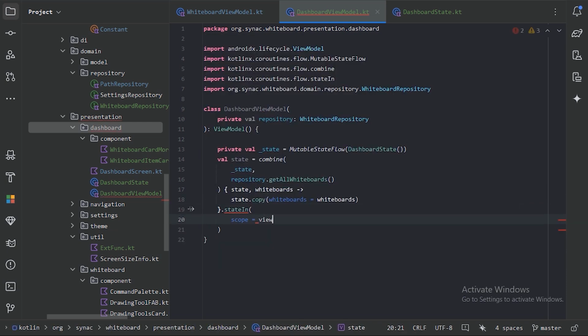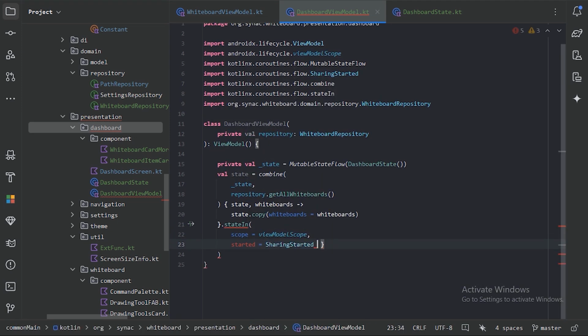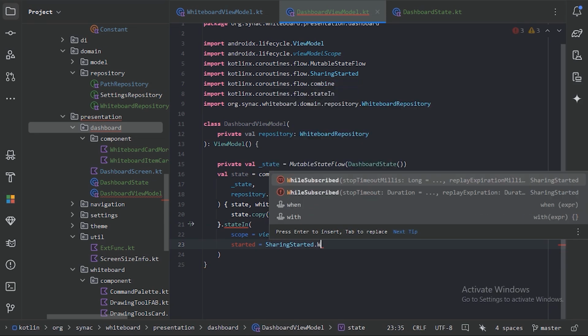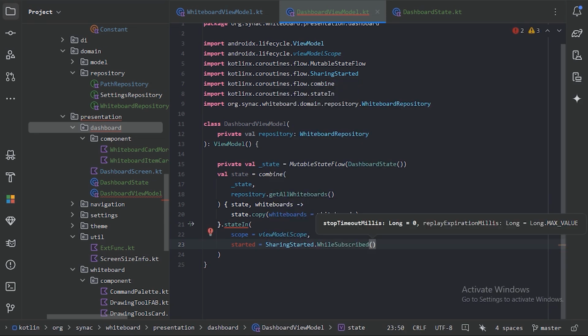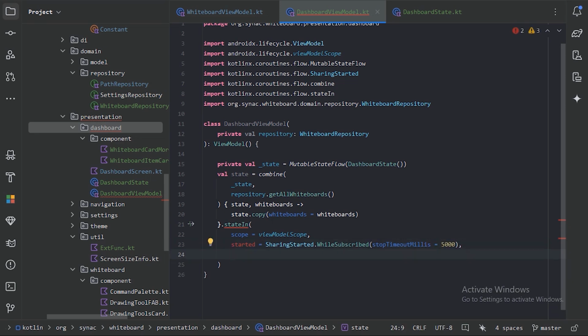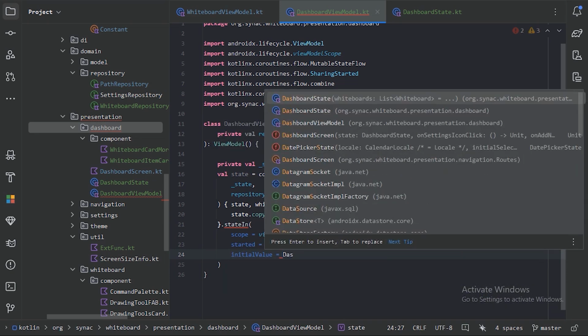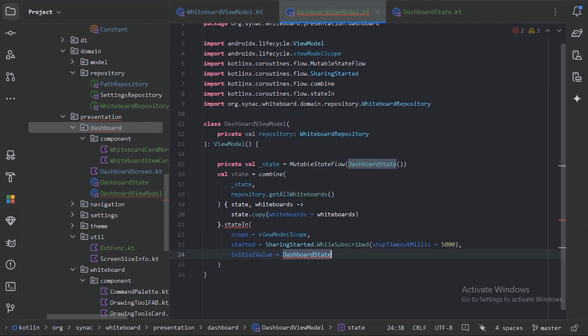Scope will be viewModelScope because we are in the view model, and starting strategy will be SharingStarted.WhileSubscribed. So this will be active for at least 5 seconds, and initially we will keep our default values of this DashboardState,